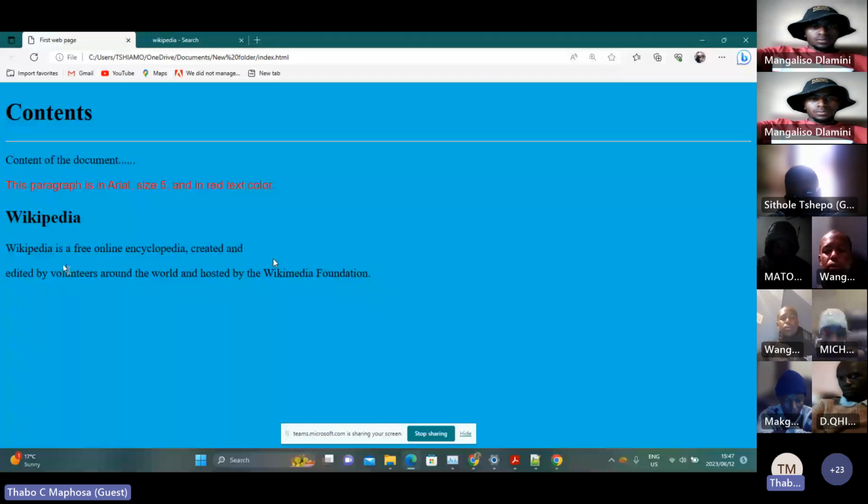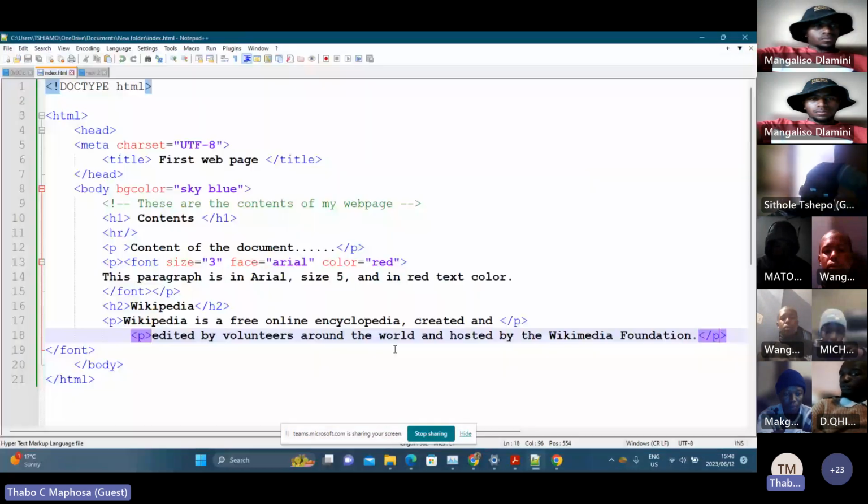Those are two very different things. There was always that huge space that is left in between. So you need to be very careful, especially if you're working with that. You need to be aware of what a line break is and what a paragraph break is. I hope that makes sense.